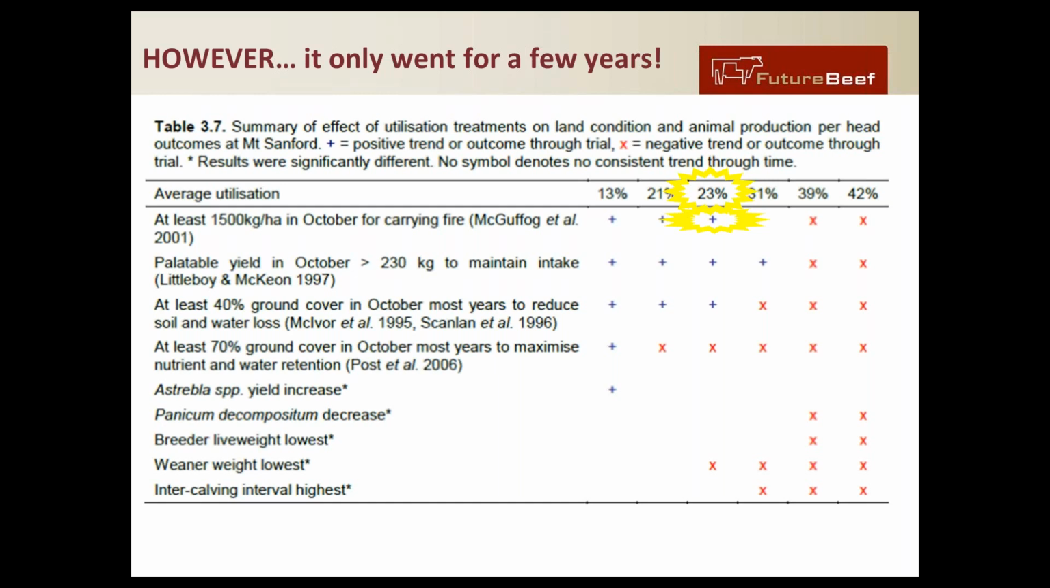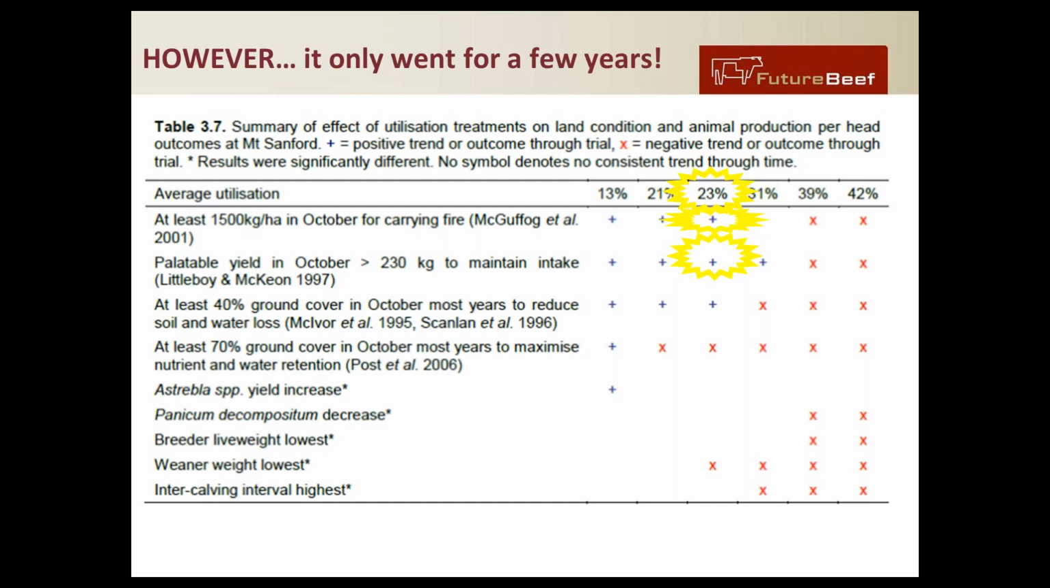Being able to have a fire every few years, every 4 years is the recommended rate, to control the canopy cover of your trees in a pasture is important. The annual utilisation rate of 23% allowed this. Next, we have the palatable yield in October being greater than 230 kilograms to maintain intact and